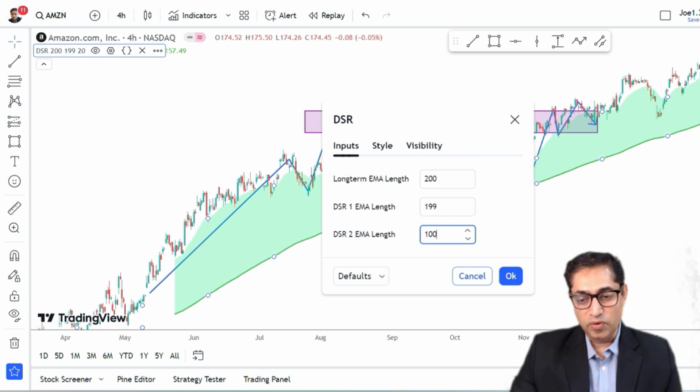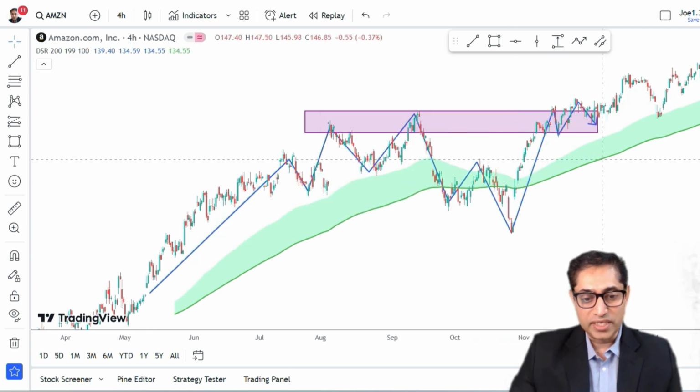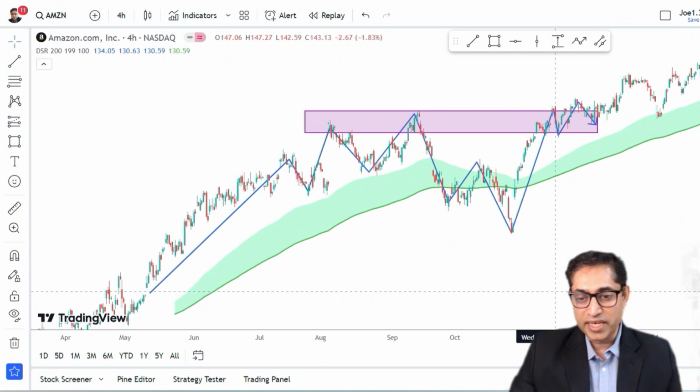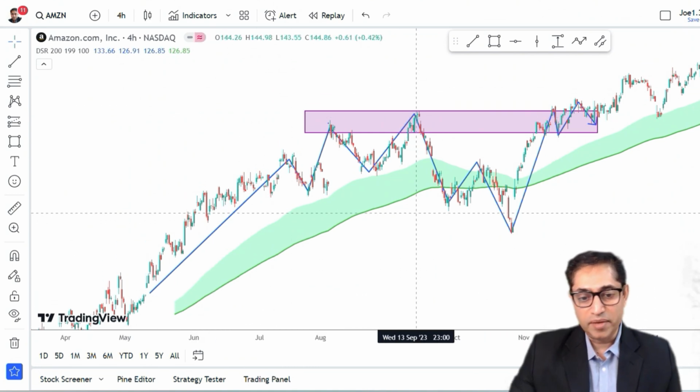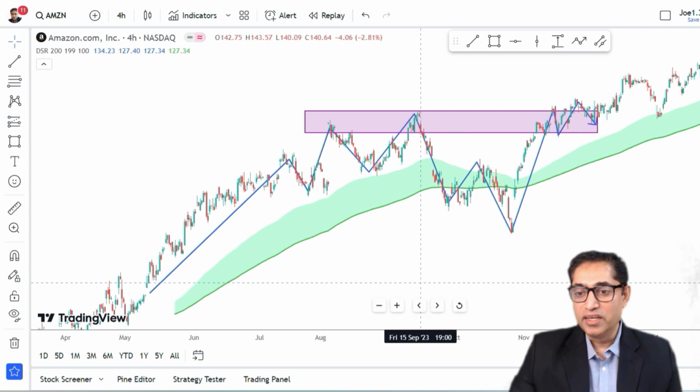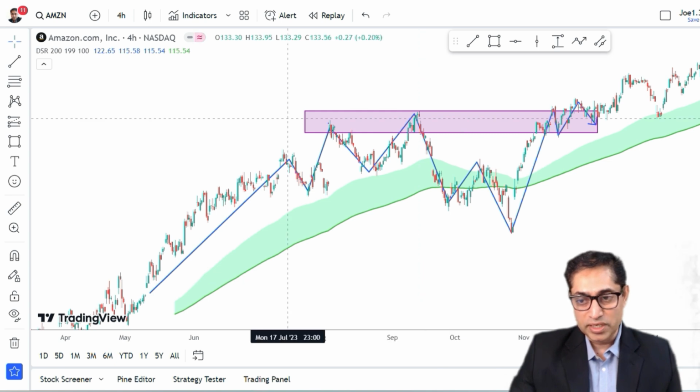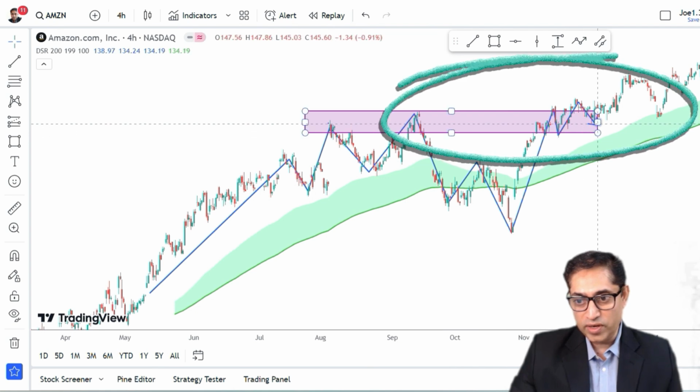And when I click OK, you can see that the dynamic support area has been created. Why? Because it is in green color. Now what you have to see is where this structural support and resistance zone is getting connected with the dynamic support and resistance zone. So we will take the chart forward, and as you see in this area over here,